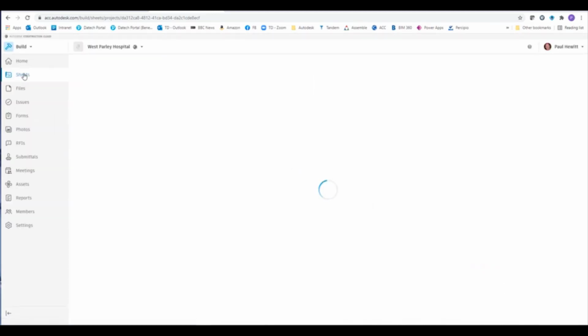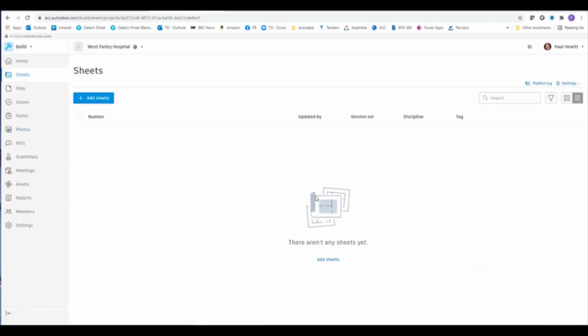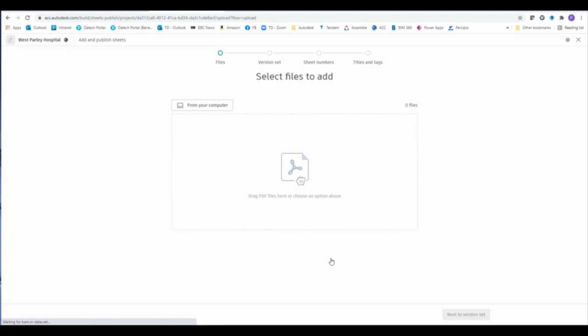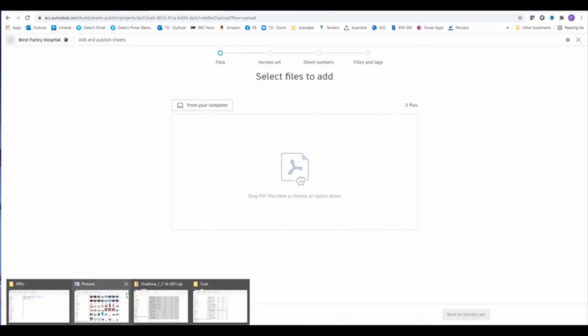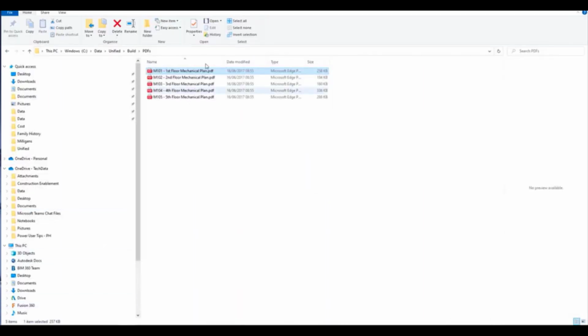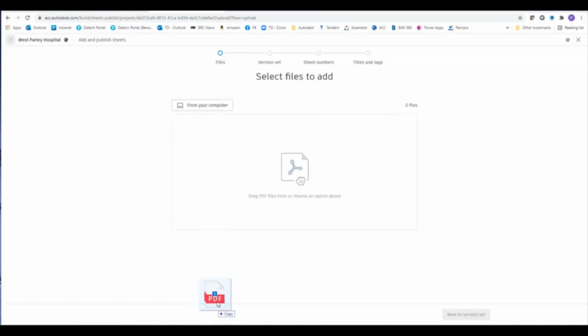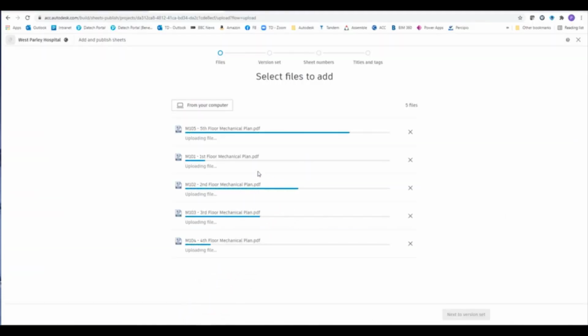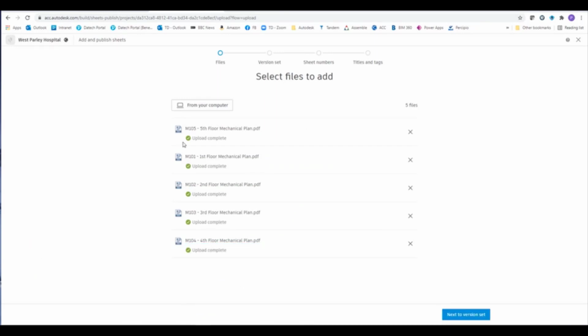So we go to the sheets, and there's two options here. We can add sheets from this button or from down here. Both do exactly the same thing and allow us to drag the PDFs in, or we can choose from your computer to choose the files. In this case I'm actually going to choose these PDFs that I've already created, and I'm just going to drag and drop them into the Autodesk Construction Cloud area. These are uploaded really quick,